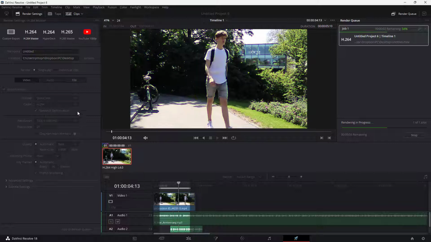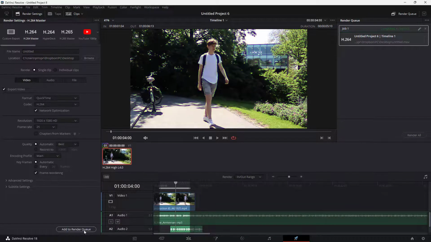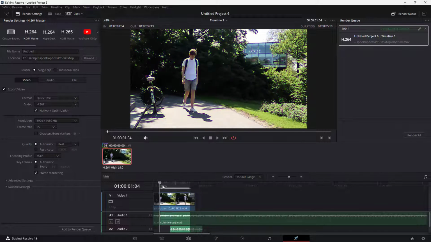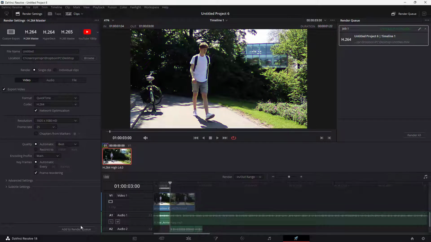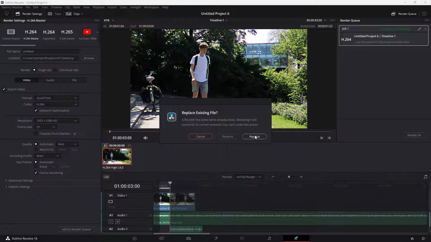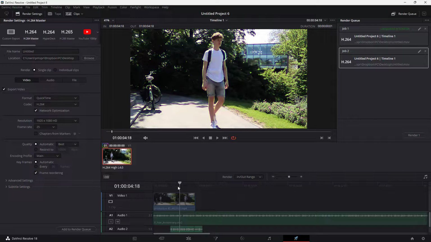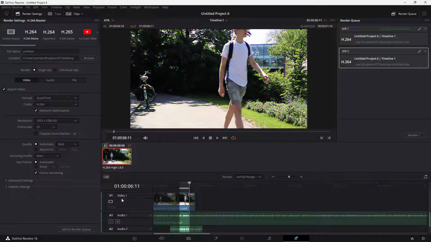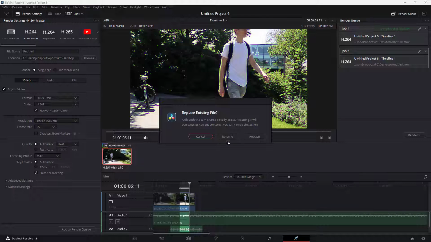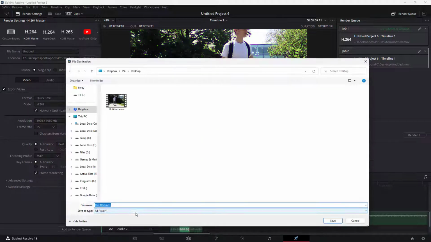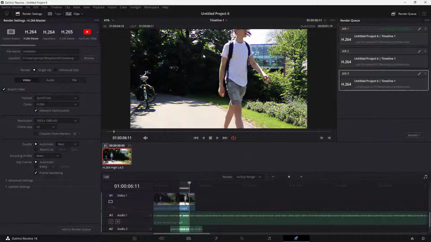If there are more than one renders, you can keep on clicking add to render queue, and it'll add it right here. Let's say for example, this is going to be my out point. You can click on add to render queue right here, just like this, and you can replace the existing file over here, and you can set an in point right here, and then set an out point right here. Click on add to render queue right here, and you can see that you can replace the existing file or rename it right here, just like this. So I'm just going to rename this, and then you can see that I have this one, and you can add in as many jobs as you want and click on render to render it out as